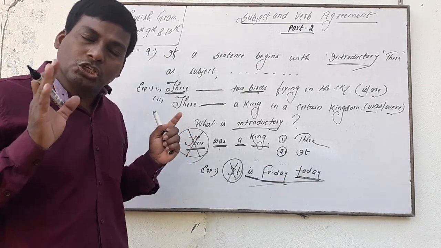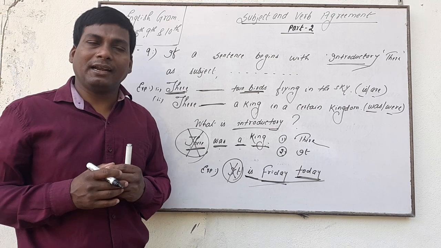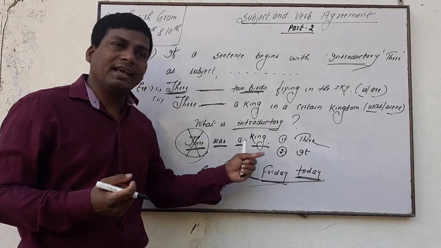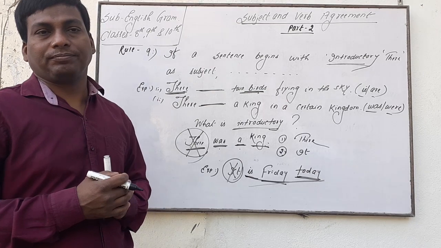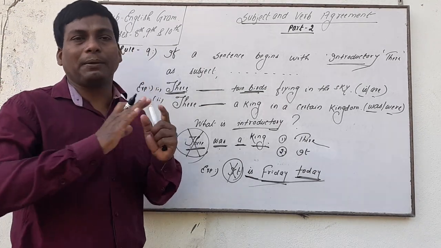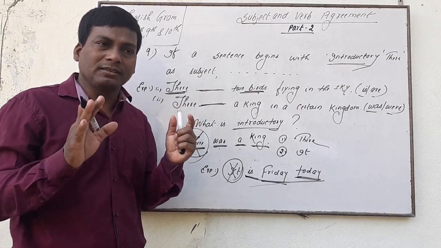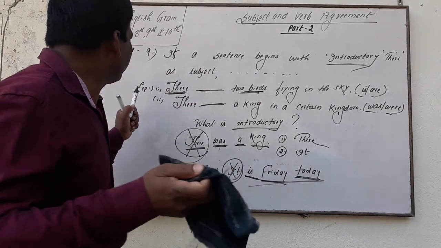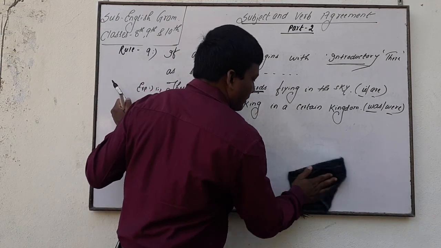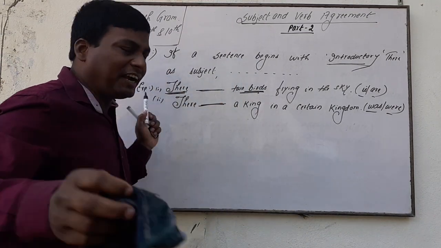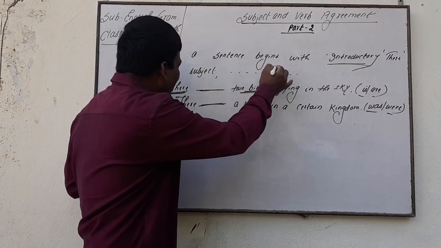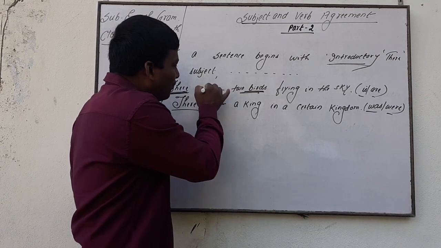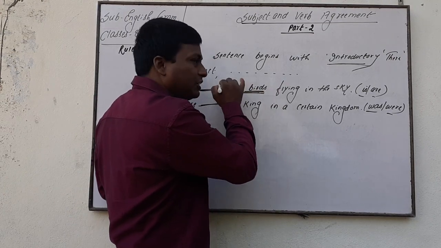Now it is clear. So we can say in conclusion that an introductory is a word that is used in a sentence only to decorate, and it has no self meaning. I hope now, students, your doubt is clear. Okay, so we will go back to our rule. I have suggested to you that if your sentence begins with the introductory